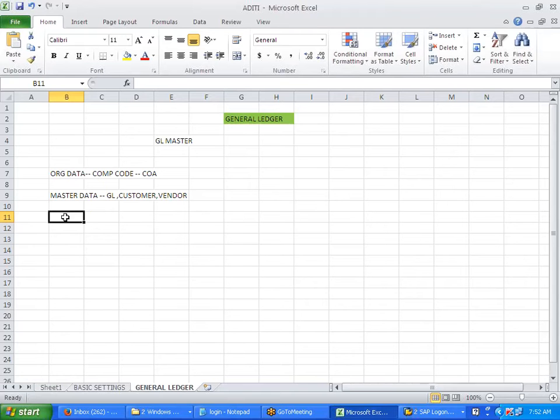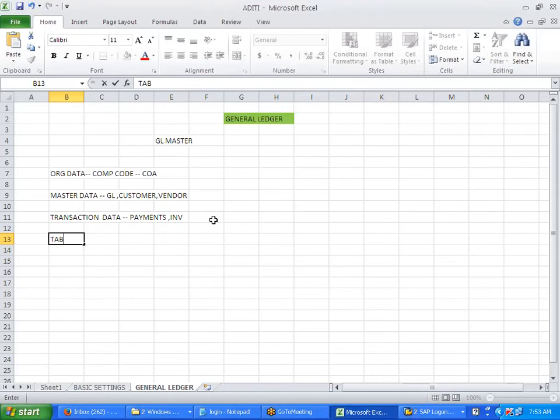Another one is the transaction data. Today we're going to see this one. Transaction data is like making payments or invoicing.